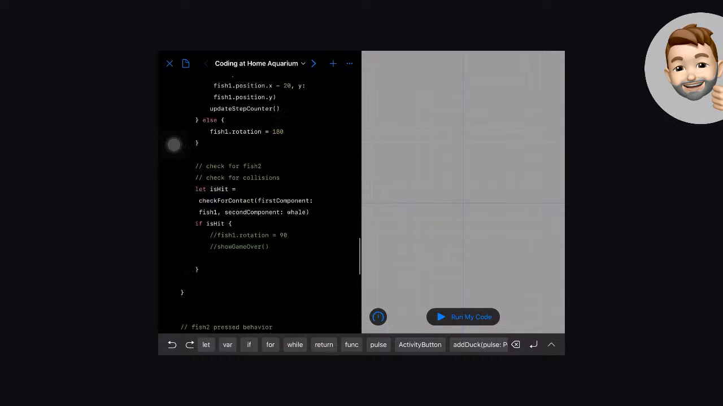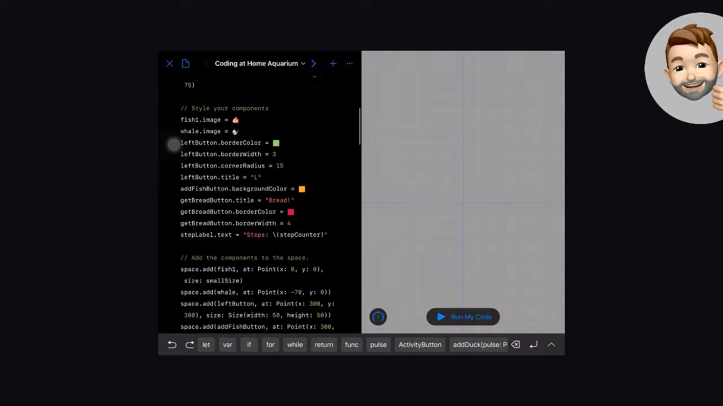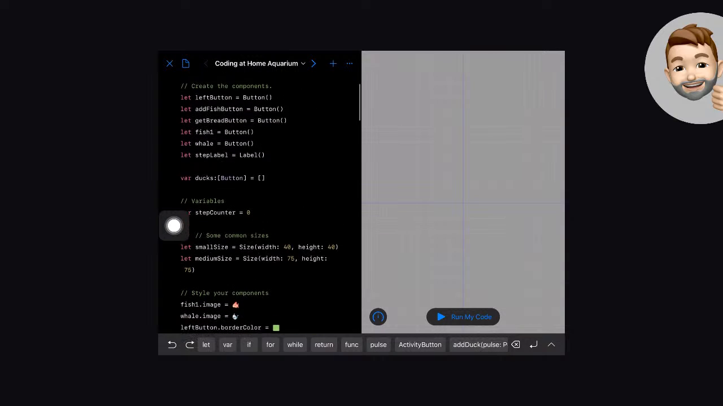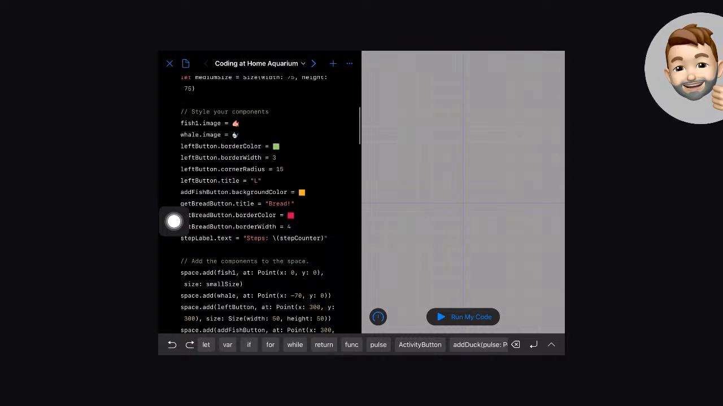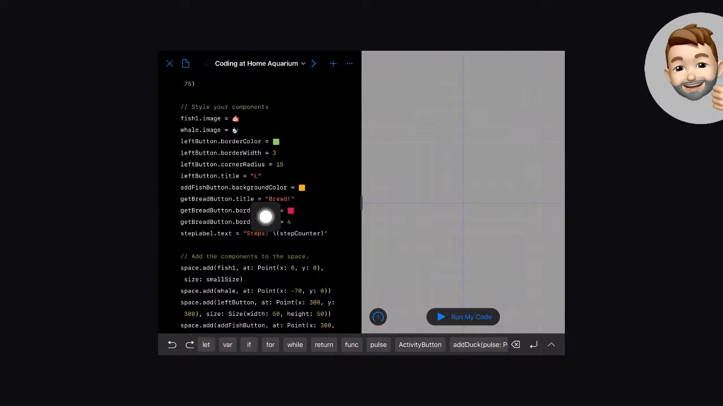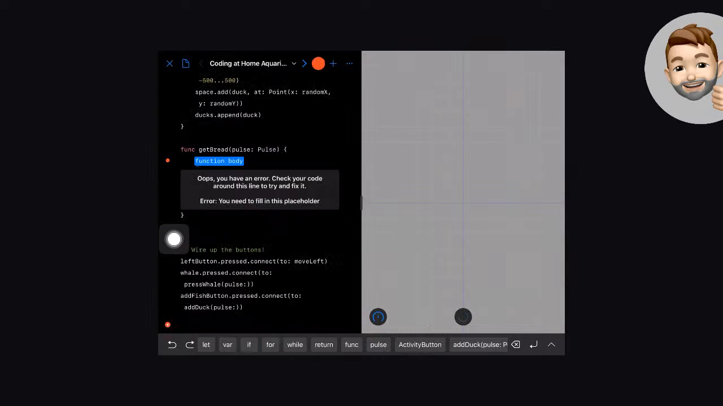So what we've got is, we did all the work to add our get bread button. If you missed that part, we have a new get bread button, which is a type button. We went down here and styled it a bit. We gave it a title, a border color, and a border width. We did a little bit of work to place it just right. And when we added it to the space,